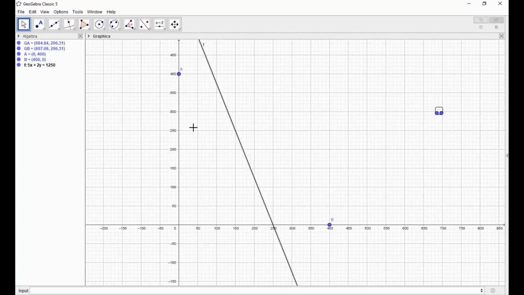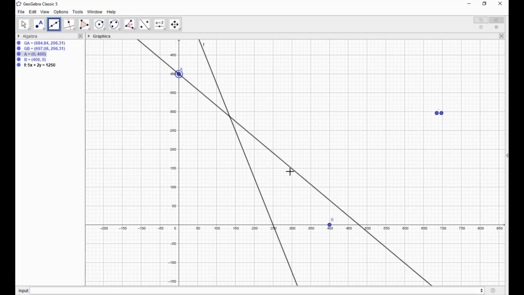Okay, let's try. 0, 400 is B. 400, 0 is B. 0, 400 is A. Yeah, A, B. The function is 5x plus 2y equals 1250 here. Okay, we'll try to draw now with a line like this.